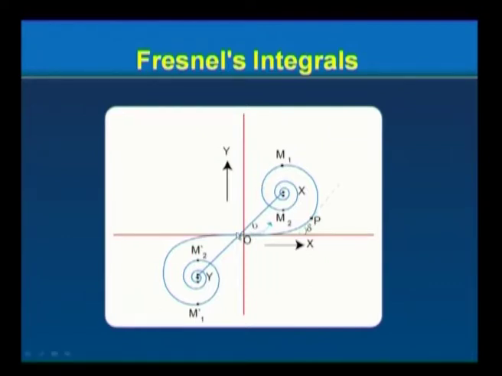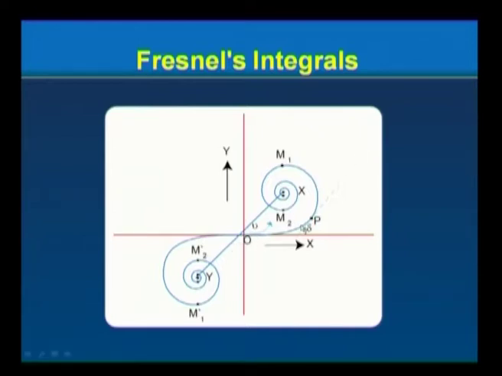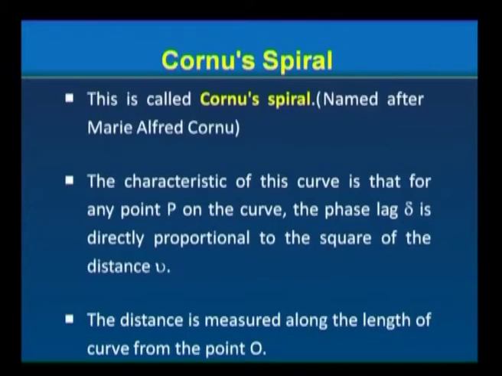So, whatever we had earlier, as I told you, if the first half-period zone is divided into a number of substrips, then instead of straight lines we will have this kind of curved thing. Your M1 will be here; M1 we saw earlier, M2 we saw earlier. M1 is the amplitude obtained at the point P due to the first zone, M2 is the amplitude obtained due to the light coming through the second zone, and so on. So, we now pass on to the Cornu spiral.